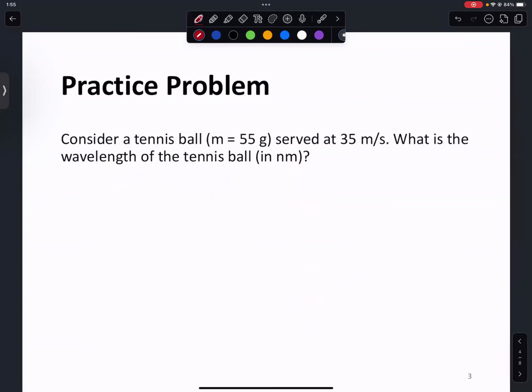Now, I want you to calculate on your own what is the de Broglie wavelength for something like a tennis ball. All right, so I'm going to work it through also like I did with the other problem. So you have the mass of the tennis ball is 55 grams and its speed is 35 meters per second, and it wants you to calculate it in nanometers. So in this case, I'm going to compute it first in meters and then I'm going to convert it to nanometers. But let's see. So we have here wavelength equals